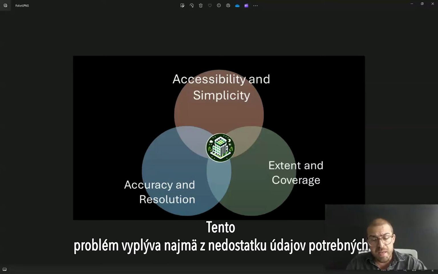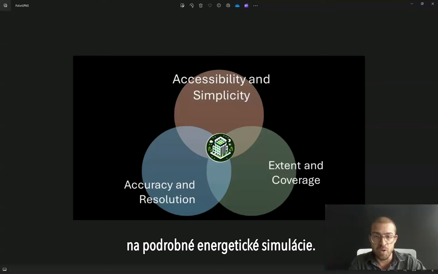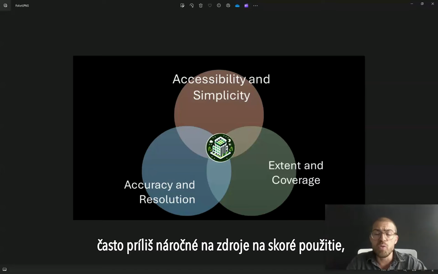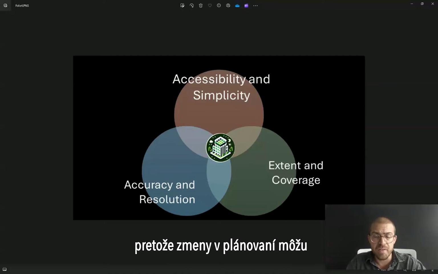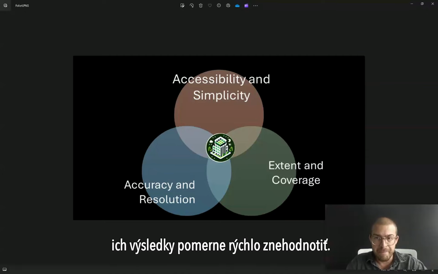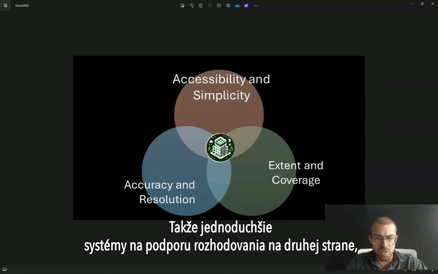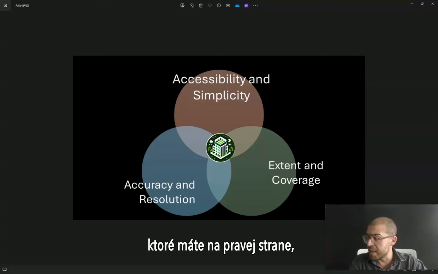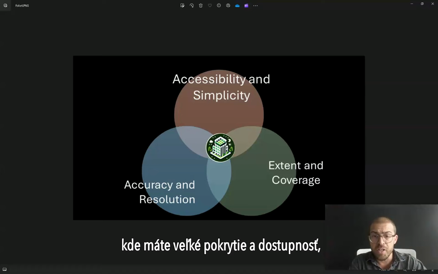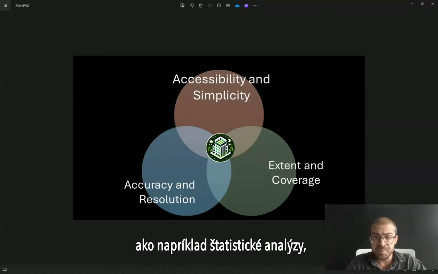This difficulty arises mainly from the lack of data needed for detailed energy simulations. And even with enough data, these detailed models are often too resource heavy for early use, since planning changes can invalidate their results quite quickly. So simpler decision support systems, on the other hand, that you have on the right-hand side, where you have a lot of coverage and accessibility,